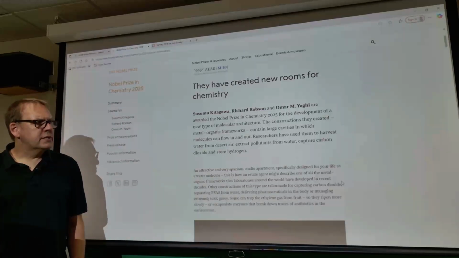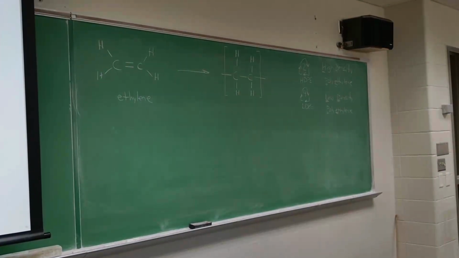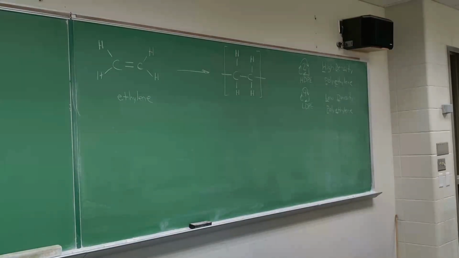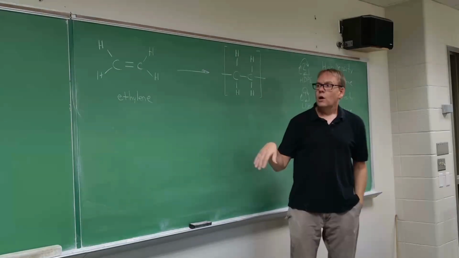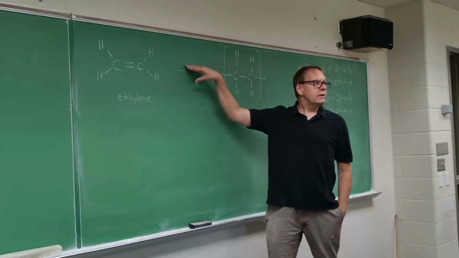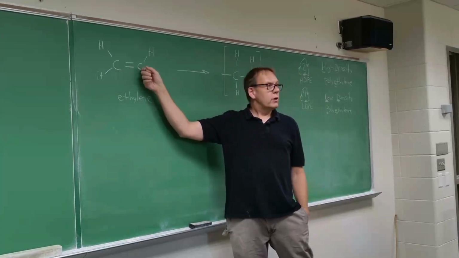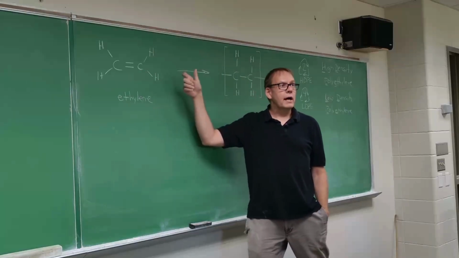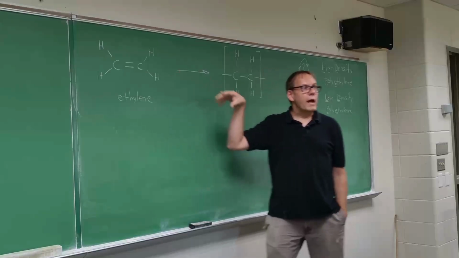Let's talk about polymers and polymerization. Last time I introduced polymerization and I talked about the first of several polymers that we're going to cover, polyethylene. Last time we talked about how polymerization works with double bonds. It's a radical process where you put an alkene in with some kind of radical initiator. The radical initiator reacts with an alkene and makes a dot on one of the carbons, and then that carbon dot attacks another alkene and you get another carbon dot, and essentially the monomer molecules react together and form